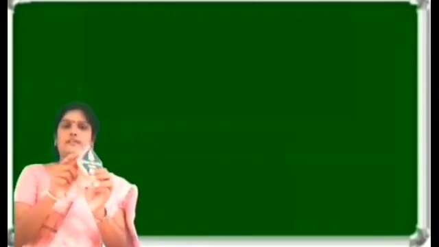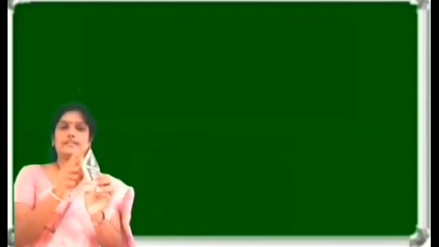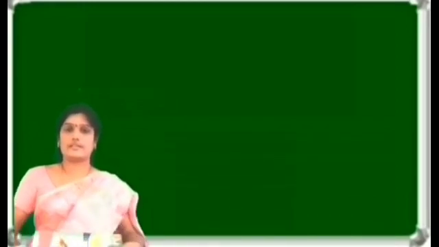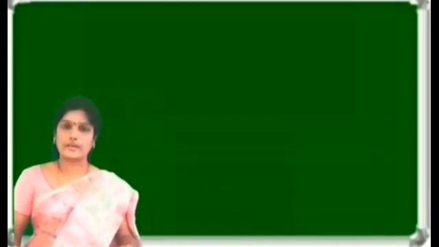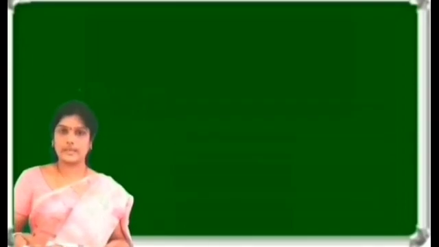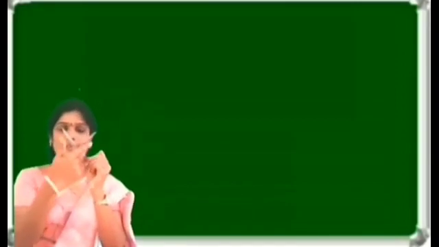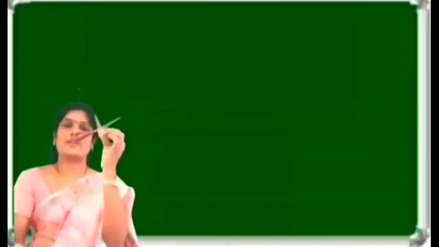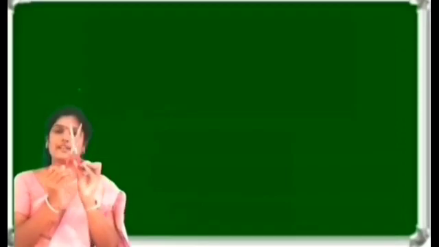Okay. See this, children. Here it is curved. So here we can see curved lines. What about this? Here we can see a slanting line. See this book, children. These two edges are parallel to each other. So here we can see parallel lines. In scissors, see these two meet at one point. So here we can see intersecting lines.